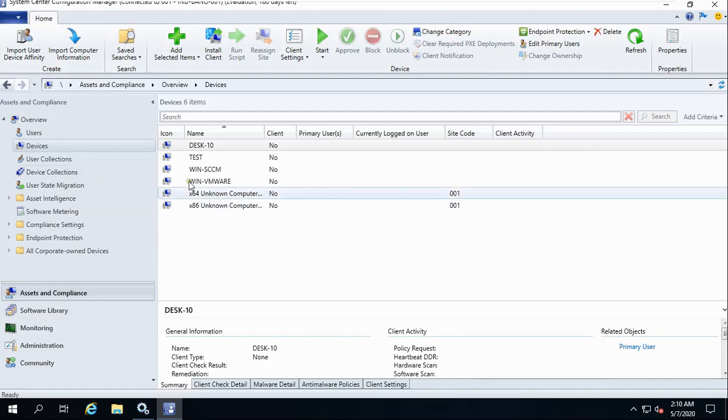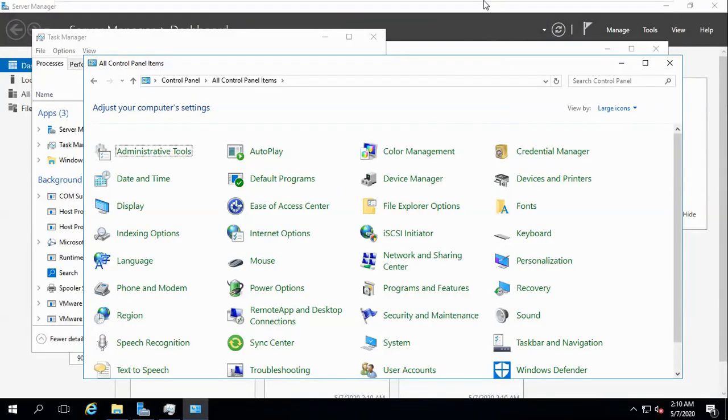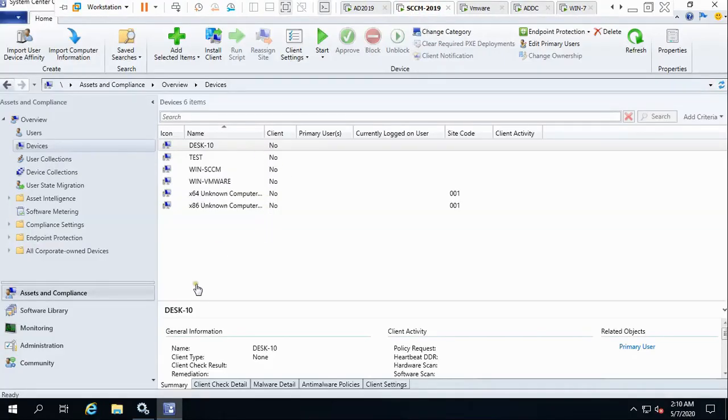So what we will do is deploy this client from here to this machine, this machine, and this machine, and once that installation is done, we will see a green signal. That is the basic motto of this video, and you should be able to understand it. Now you have to go to site. After some time you will see that machine, ADDC, too. Sometimes it takes a lot of time because it totally depends on how good your infrastructure is and how much RAM you have in your servers.